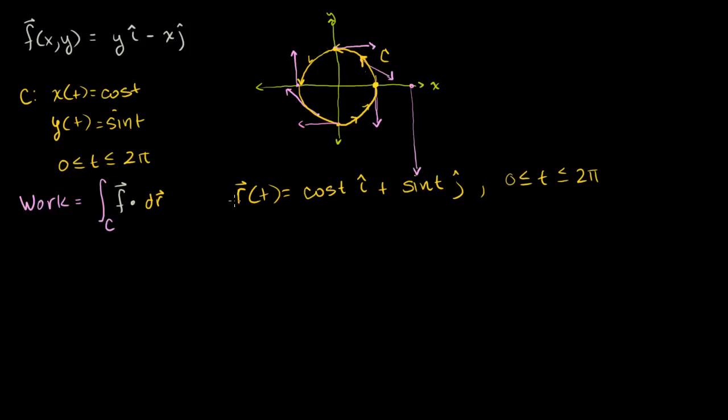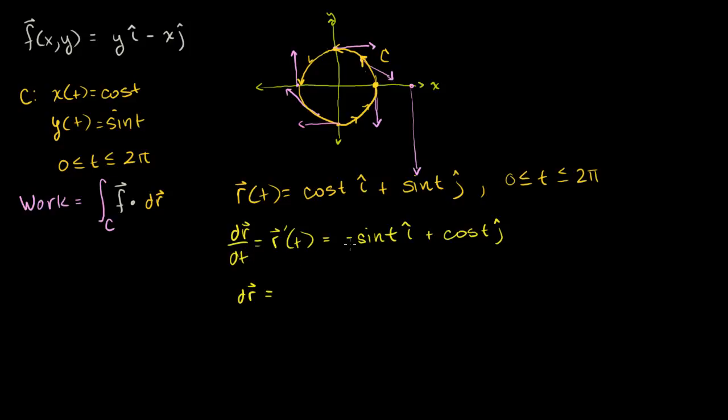So a good place to start is the derivative of our position vector function with respect to t. So we have dr dt, which we could also write as r prime of t. This is equal to the derivative of x of t with respect to t, which is minus sine of t times i, plus the derivative of y of t with respect to t. That's the derivative of sine of t, which is just cosine of t times j. And if we want the differential, we just multiply everything times dt. So we get dr